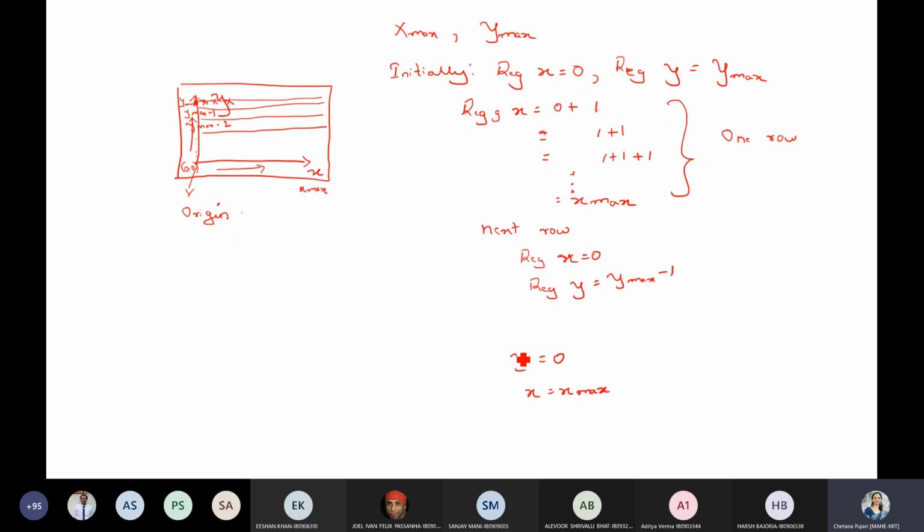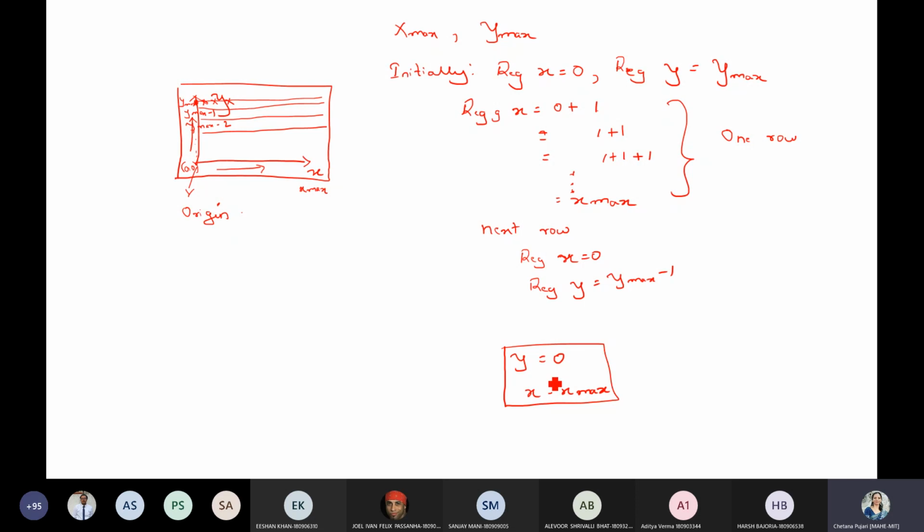Y is decremented for each row, and once it reaches 0, you scan pixel by pixel for the last row until X reaches X max.